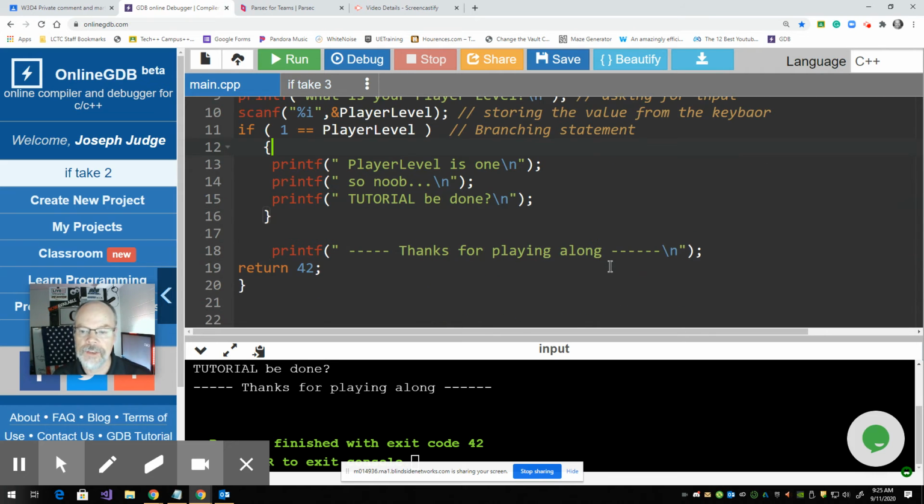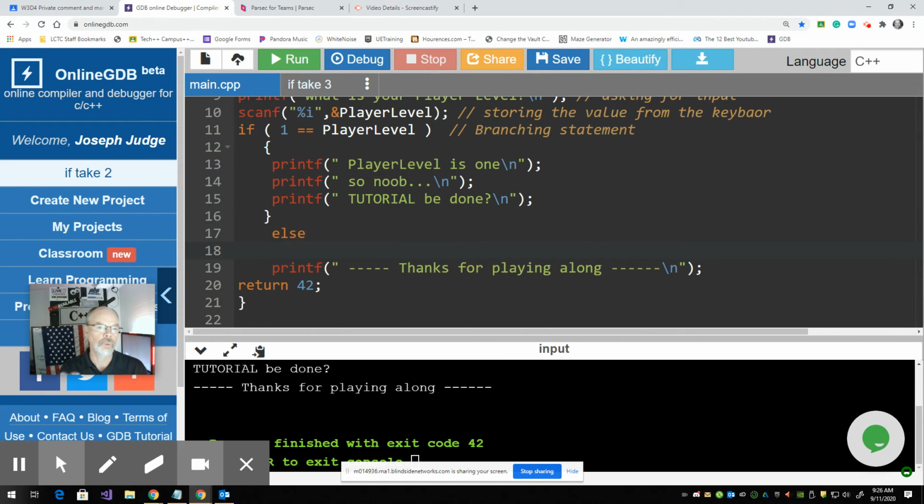Now, in this structure here, when it's a 1, we'll taunt them a little bit and ask them a question. We could add another if statement here if we wanted to. I want to introduce another useful statement that is combined most commonly with an if, and that is else. An else statement can run one statement or a block of them. So what do you think might be good to say to somebody who isn't a 1? You might want to say something like,